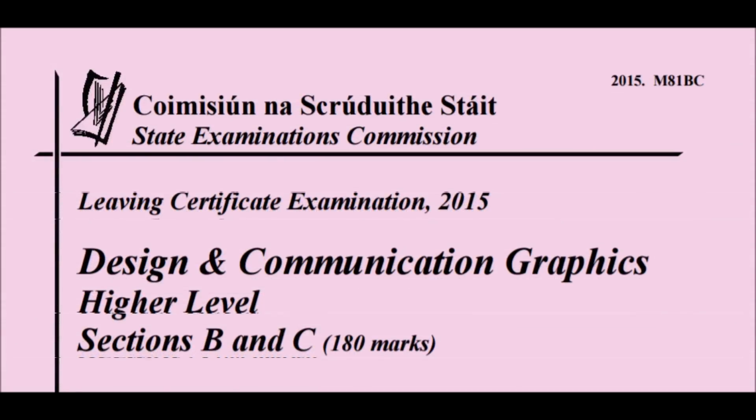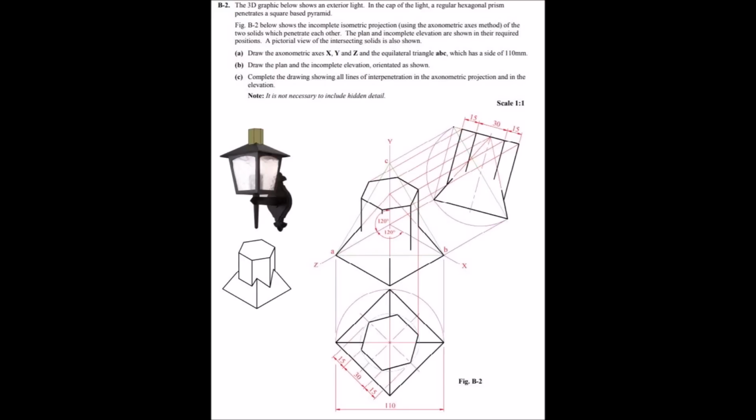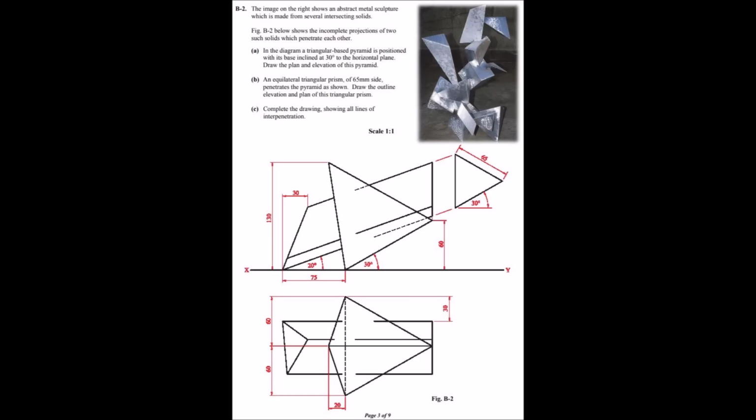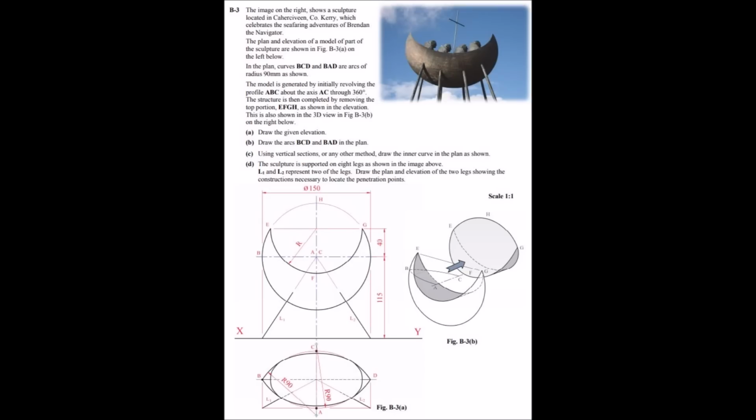Now for Section B, what you might find is I tend to do as well in some of these predictions, looking back over the pattern of what's come up, I'll end up predicting possibly the same topics for A and B. But for B, I'm looking at axiometric, intersection of solids again, and possibly another orthographic projection question.